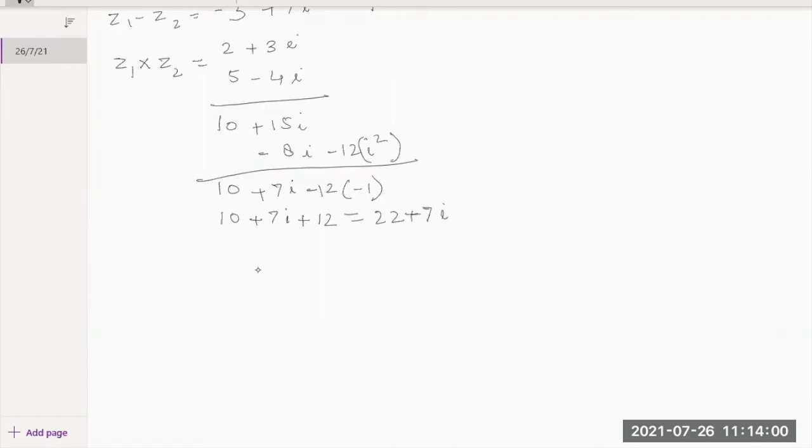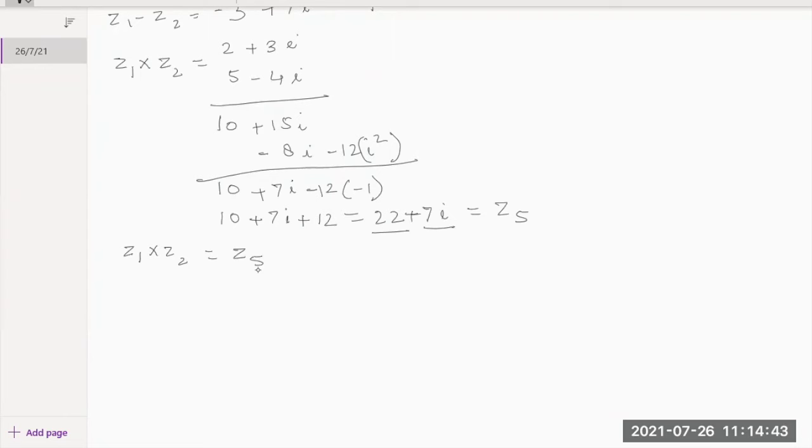Again, you can see real part, imaginary part. Let's say this is some other number now, the fifth one. So again, now you can make the statement that Z1 into Z2 also gives you another complex number, that is Z5. Right? So you have applied addition, you have applied subtraction, you have done the multiplication operation to the complex numbers over here, which again results in another complex number. Keeping in mind that i square is to be replaced by minus 1, because that is the standard fact value which we have to remember for the imaginary part.